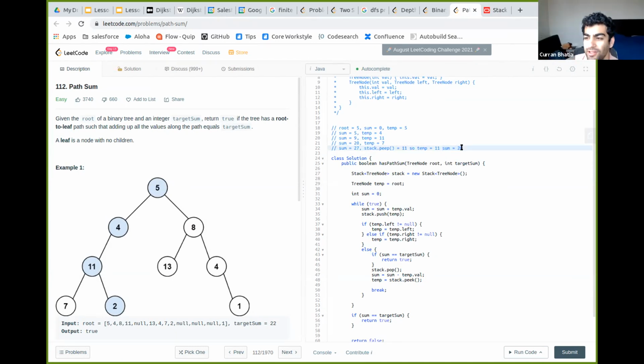But how do we know that we need to go to the right? This is the next question. So temp goes back into here. Oh, you know what we could do? Once you've hit it, we should remove it.